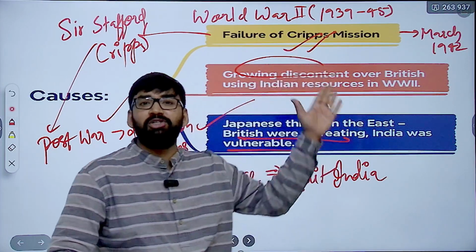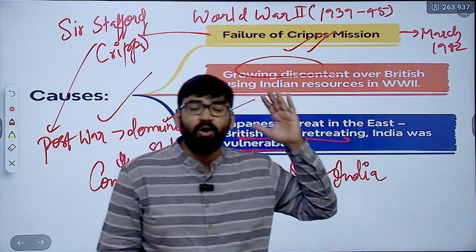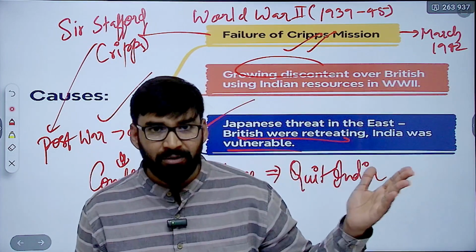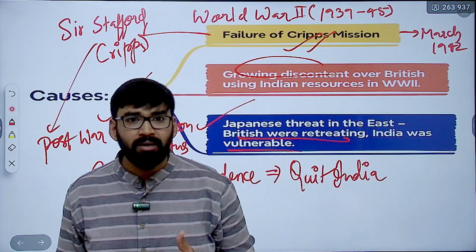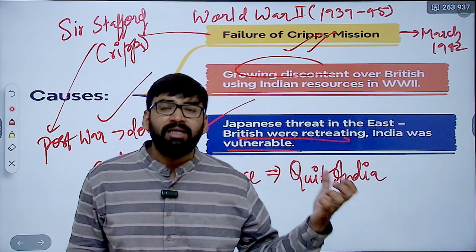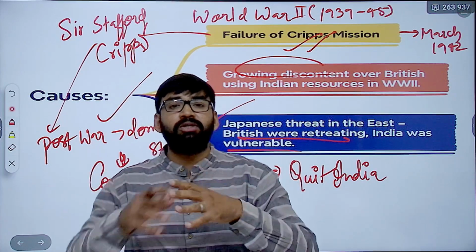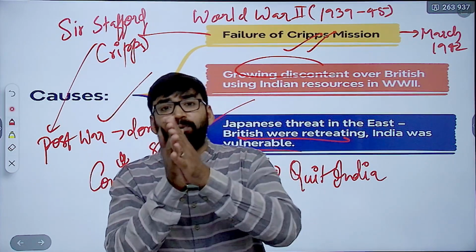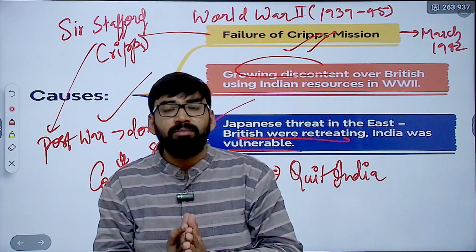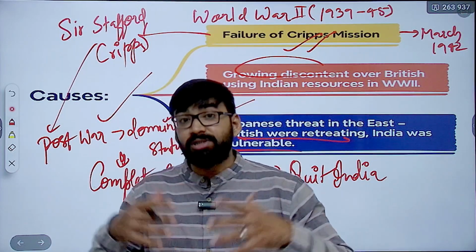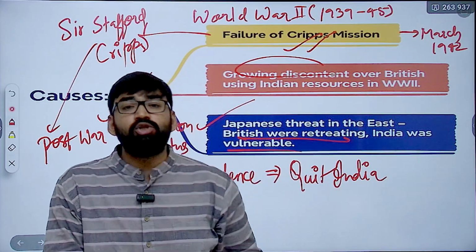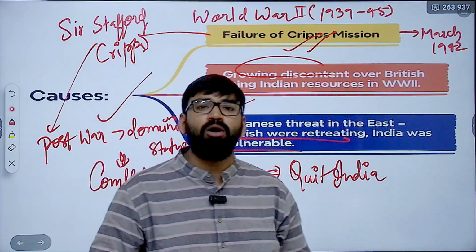That is why Mahatma Gandhi as well as Congress rejected this Cripps mission. Gandhiji called this mission a post-dated check on a crumbling bank, which is given in your old NCERT, that is Bipin Chandra. So what did they offer? Cripps mission offered constituent assembly plus provinces could opt out. है ना कि हम constituent assembly बनाएंगे and provinces could opt out, possibly partition. So this was rejected by Congress.